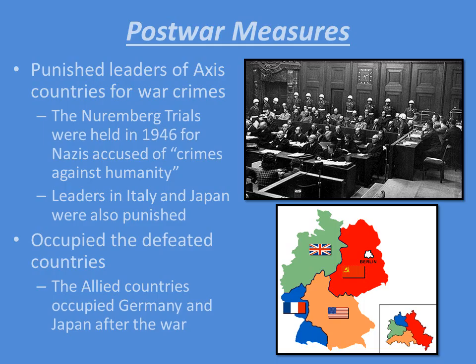As you can see from the map, the four main victorious Allied countries divided Germany up into four separate zones. The green one is Great Britain, the blue one is France, the tannish khaki one is the United States, and the red one is the Soviet Union. They also divided up the German capital city of Berlin, which, even though it was in the Soviet zone, was divided up among those four countries as well.